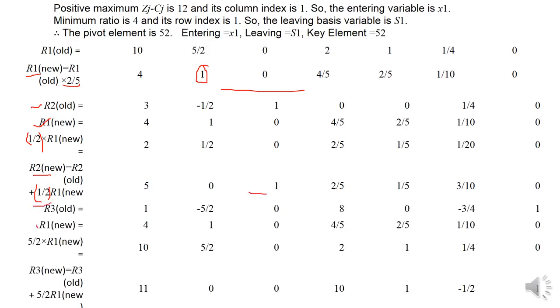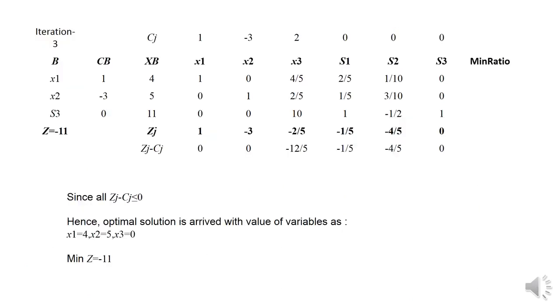Then R3 old, R1 new, then 5 upon 2. We are multiplying it, and then we get R3 new, which is R3 old plus 5 by 2 into R1 new, and we get this. Once we get all the calculation values, we have done on R1, R2, R3, first with the pivot row, then the rest of the 2 rows, and the Zj minus Cj row can be done on the iteration table